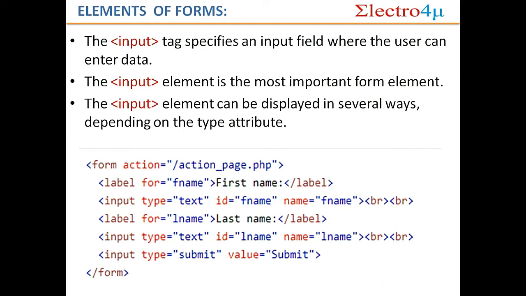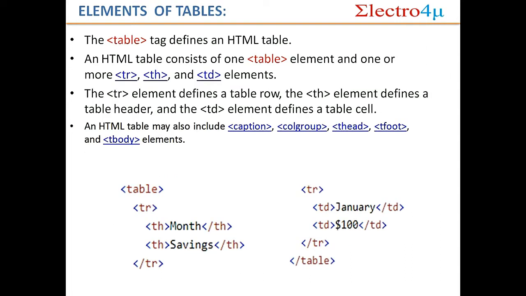So after that, today I start tables in HTML. So what is a table? I think you know, when you make a C program or C++ program, that time you know what is a table. Collection of rows and columns. HTML tables are also the same. An HTML table allows a developer to arrange data into rows and columns. How? By tr tag, th tag, td tag. Td means table data, tr means table row, and th means table heading.